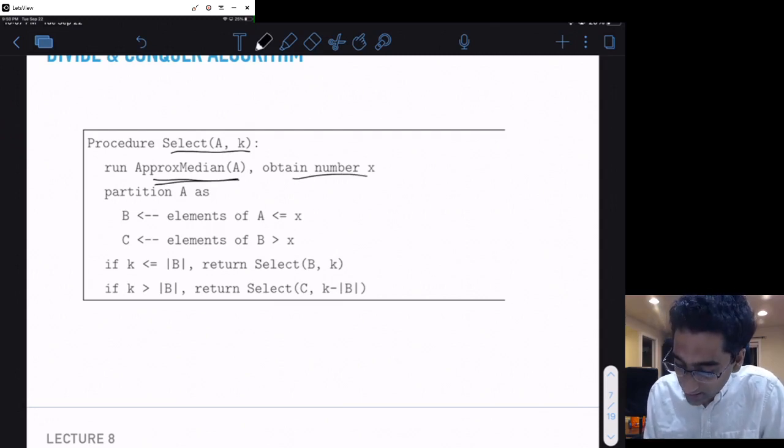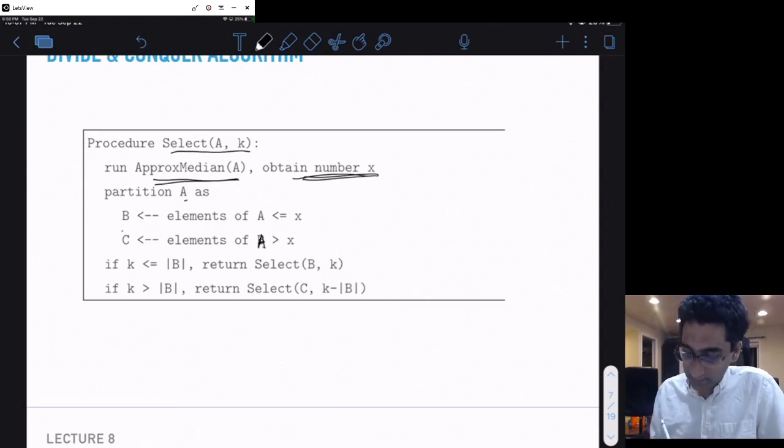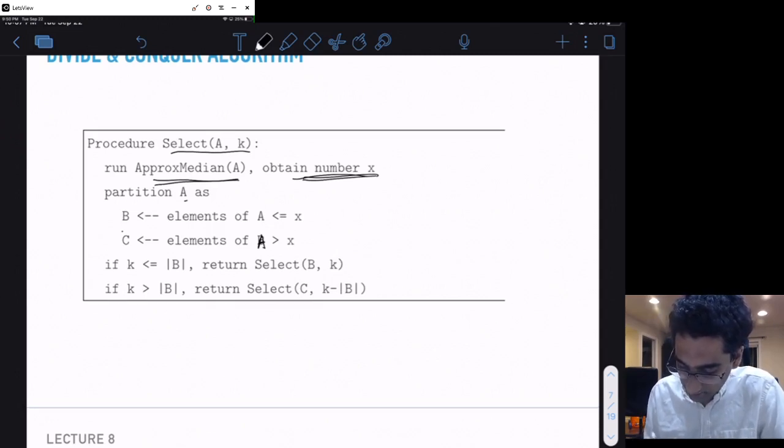Once you have such a number x, I can partition A into B and C. Elements of A that are less than x. Okay, so I do this, and if k is smaller than size of B, then I do select on B. If k is bigger than size of B, I do select on